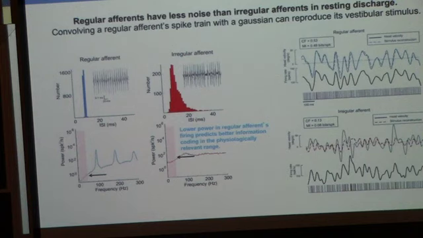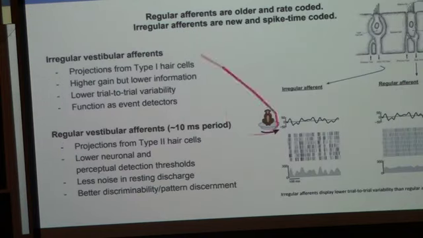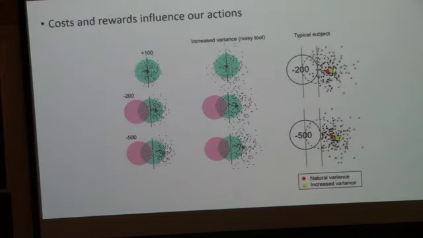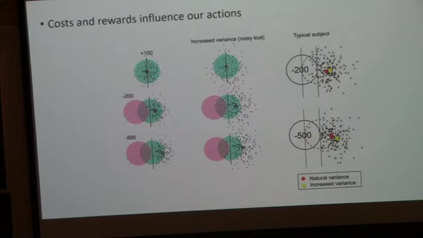What's the advantage of having the irregular afferent? The advantage of having the irregular afferents is that they function as event detectors. So they have a higher gain. And so if you were to have some kind of head velocity,